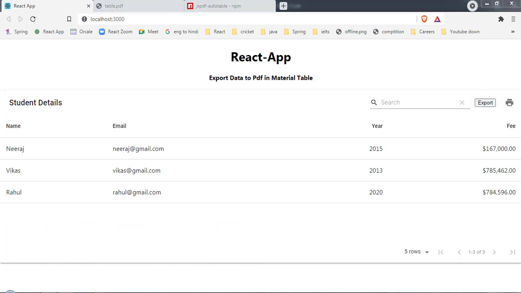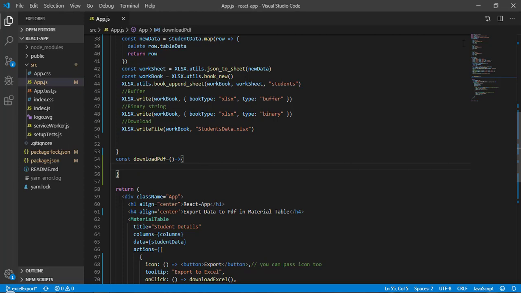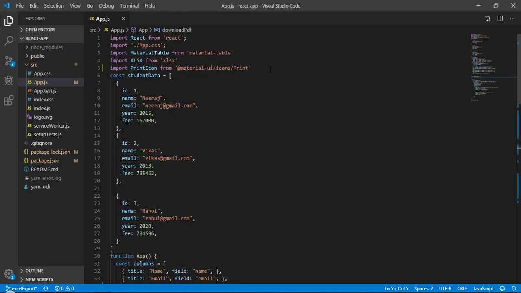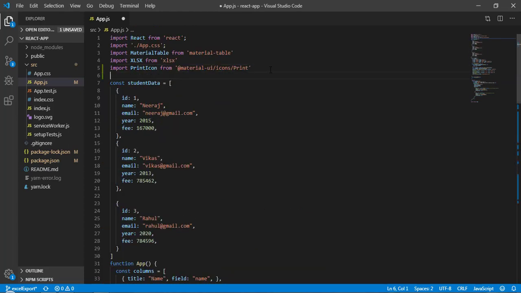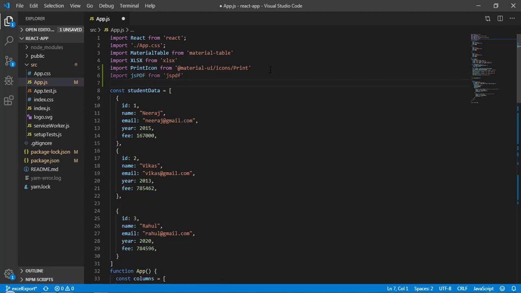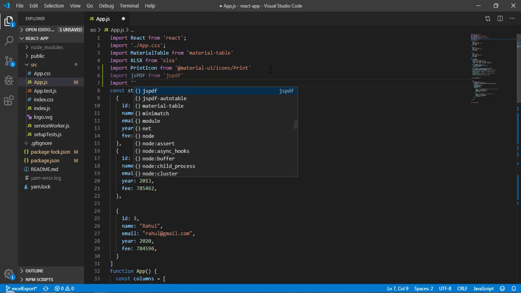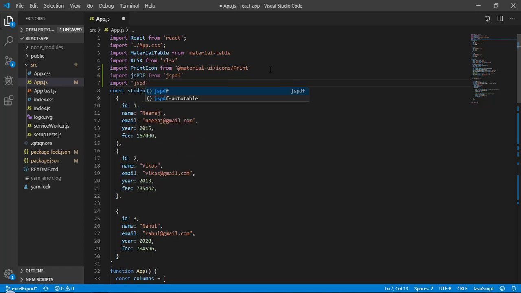Okay, so now here we have to add the functionality. So first of all, let's import our package. So import jsPDF from jsPDF, and next one here import, and directly we can write jspdf-autotable.